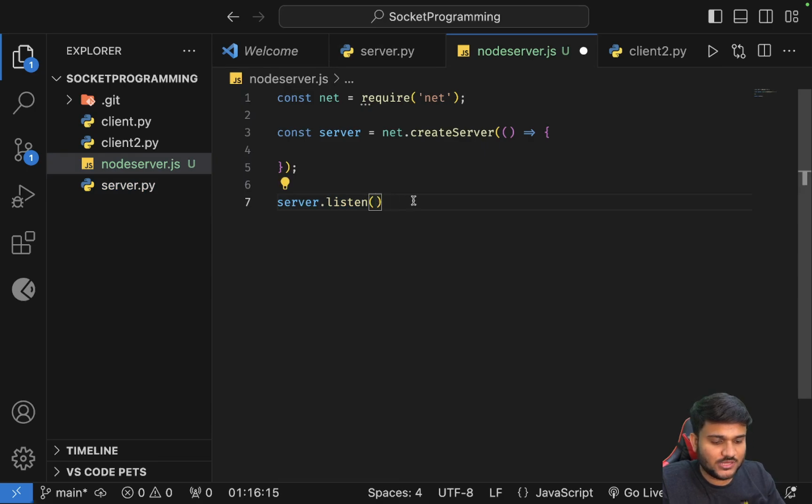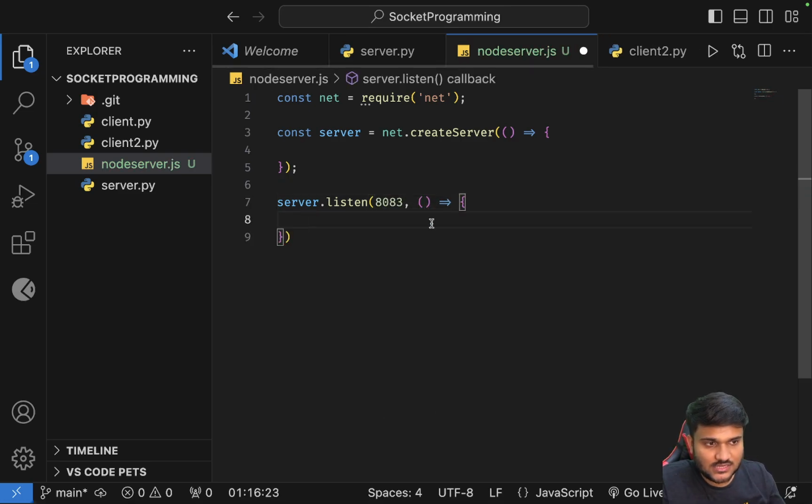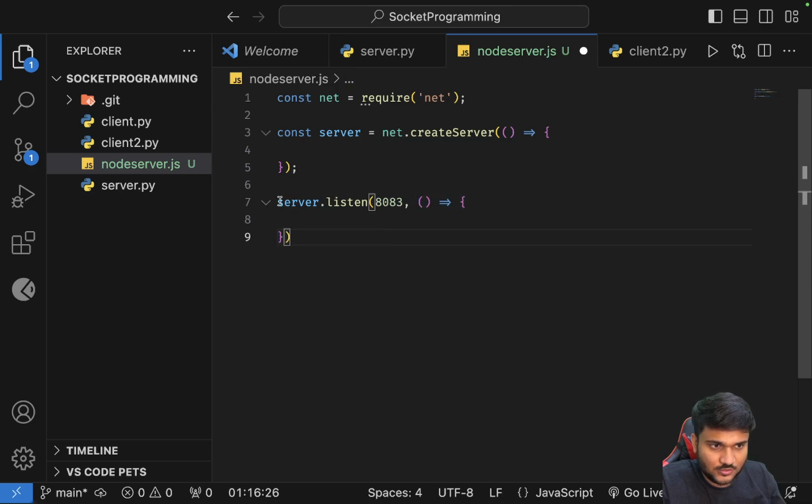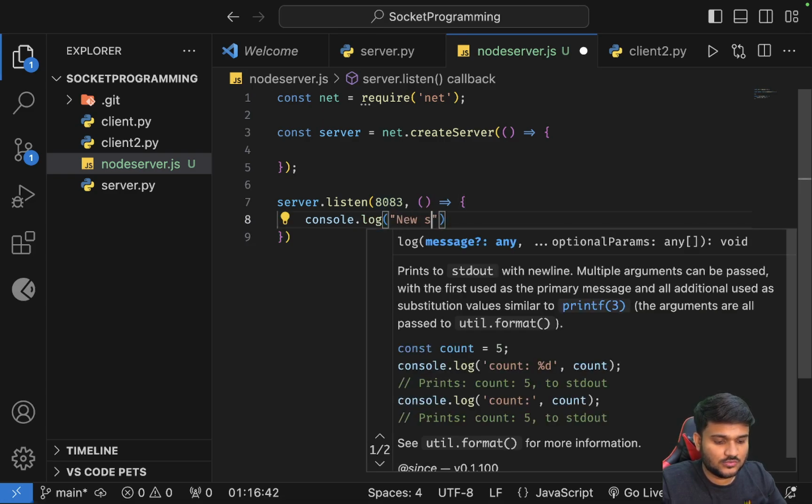And here also we have to mention a port. So let's say the port that I'm going to mention is 8083, and you can give a callback. Once the server is booted up and starts listening to incoming requests, incoming socket connections on 8083, this callback is executed. So we'll say console.log new server up on port